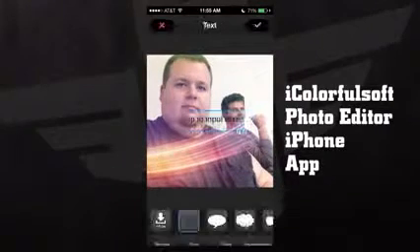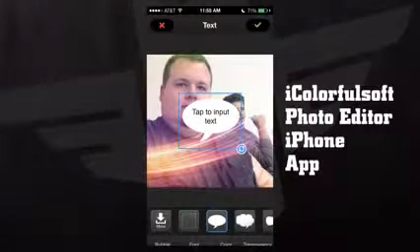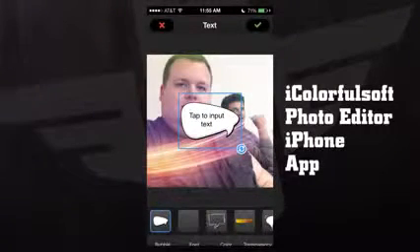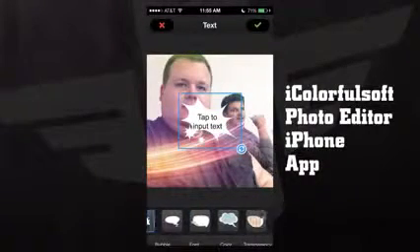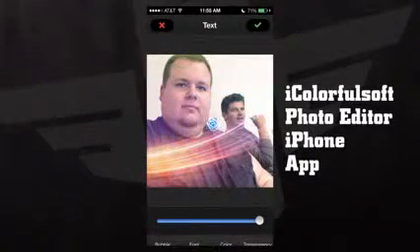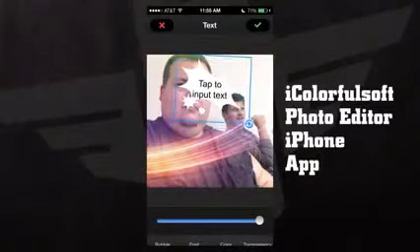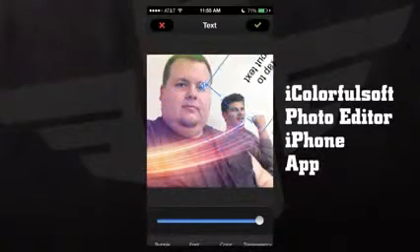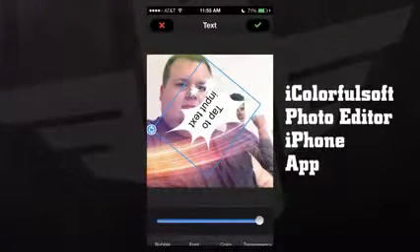Now we can even have some text bubbles here that we can add. You see from different bubbles we can choose from and put these over our image, and once we're ready to, we can even change the font, change the color of the text, and even change the transparency of the text itself. We can even choose to rotate this or even make it bigger if we'd like to, and rotate it that way, and any way that we'd like to. We can hit the green check mark to save our changes,